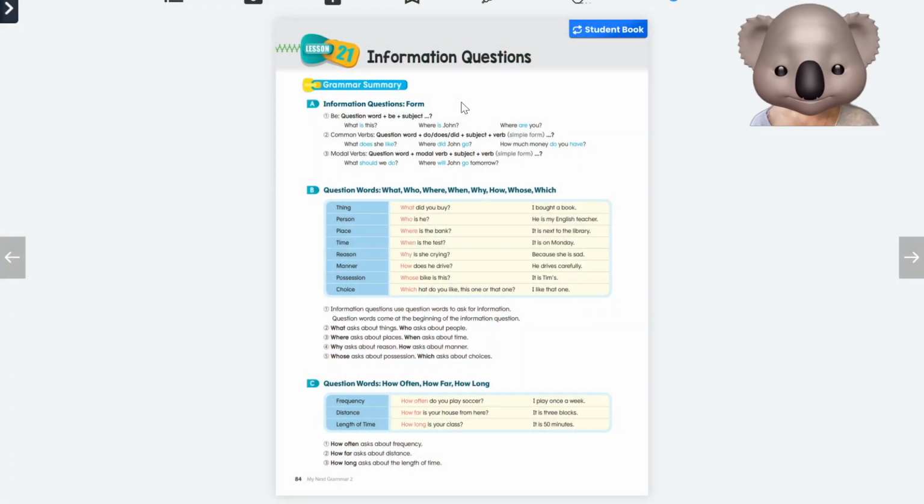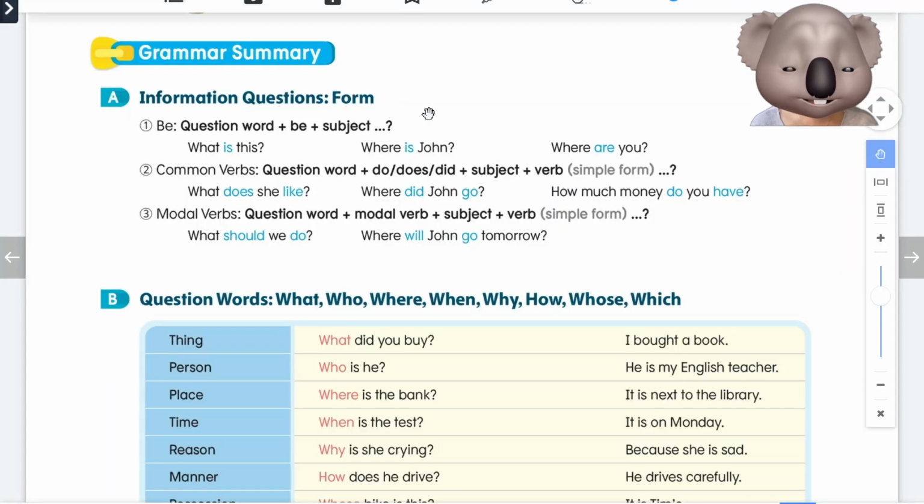Today, we'll be reviewing Lesson 21, Information Questions. We use information questions when we want to know more information. 우리가 자주 사용하는 information question들은 be를 사용해. 예를 들면, what is this? Is our be verb. We have our question word, who, what, when, where, why, how 등등 무엇 또는 누구에 대한